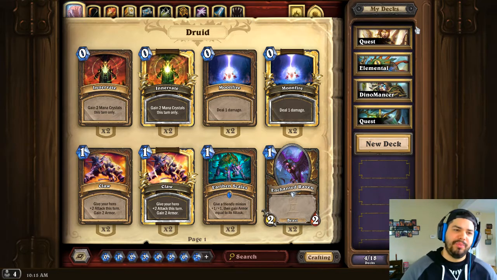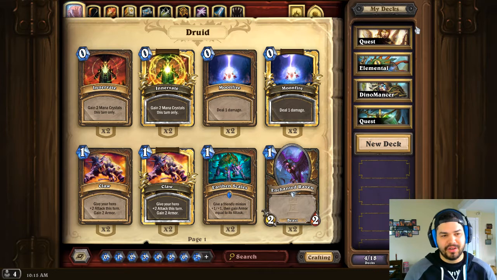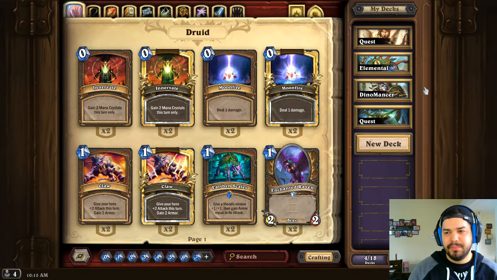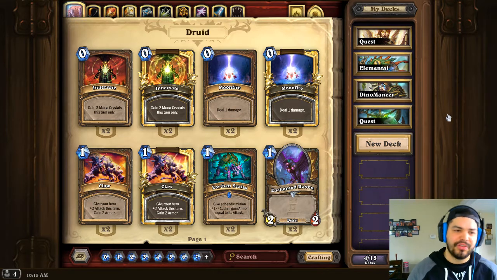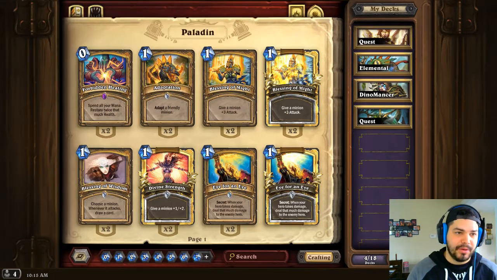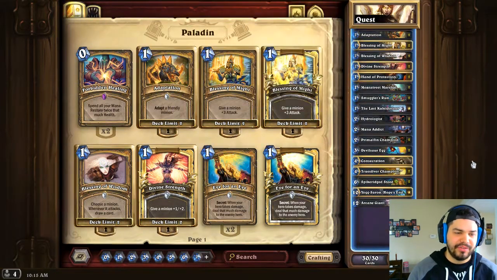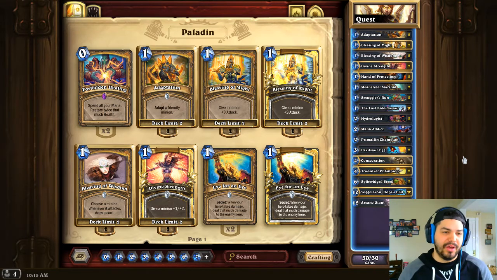I've got a Quest Paladin, Elemental Shaman, Dinomancer Hunter, and a Quest Rogue. My Quest Rogue is probably my least refined. I would say I made it once, and I know that's probably the strongest class right now. But I'll show you. Quest Paladin's the first one I made, and it's not amazing, but I feel like this